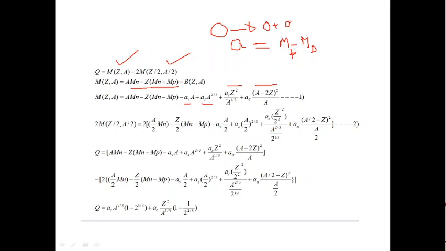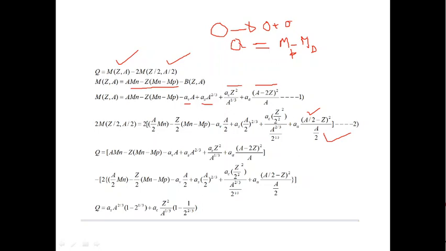I think there's a mistake here. It is A raised to 1 by 3. Just a correction here, please make the correction: 1 by 3 here, raised upon 2 raised to 1 by 3. Instead of A, this becomes A by 2, instead of Z it becomes Z by 2. So here the 2 gets cancelled. You can sit with your piece of paper and write it down term by term. Don't be in a hurry. Check each term properly. So this is what you get for this.